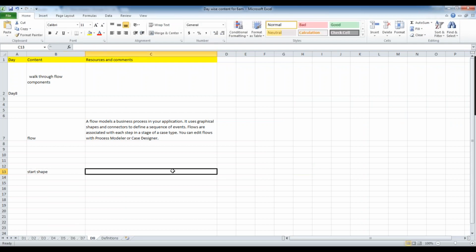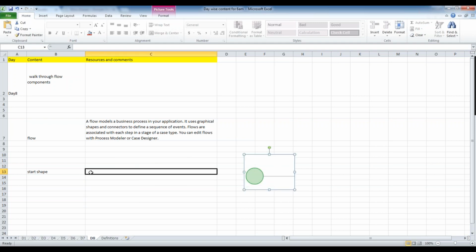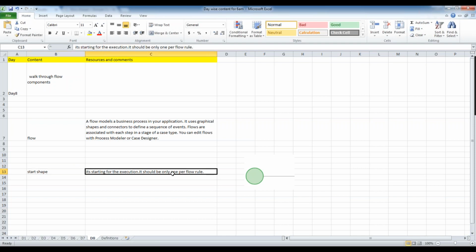System won't accept multiple starting points. The start shape should be only one per flow rule.